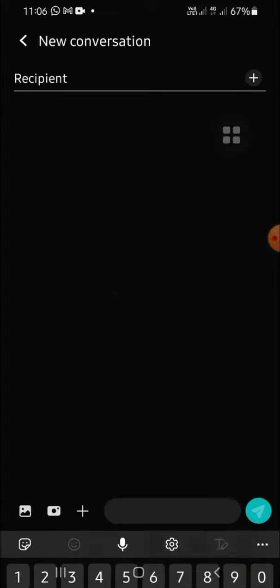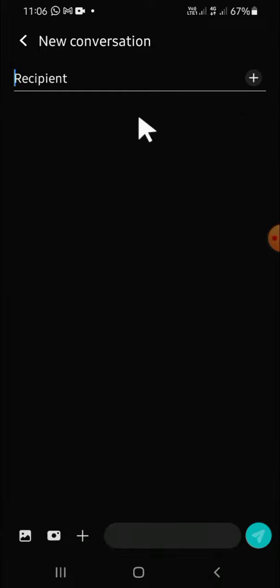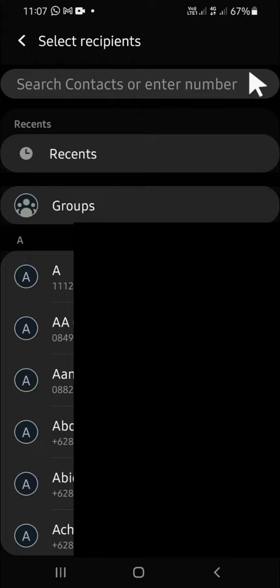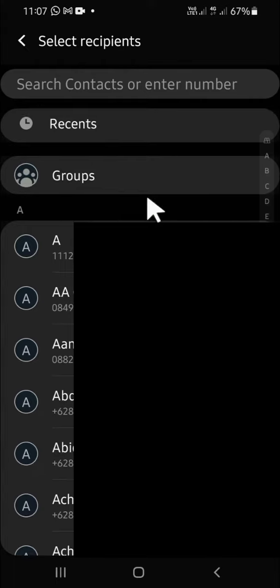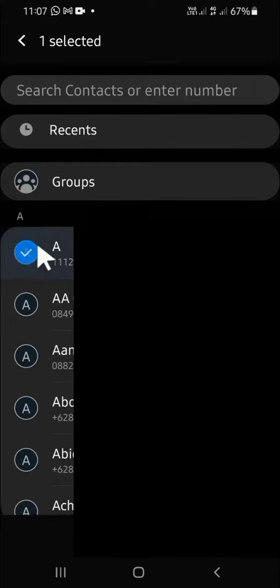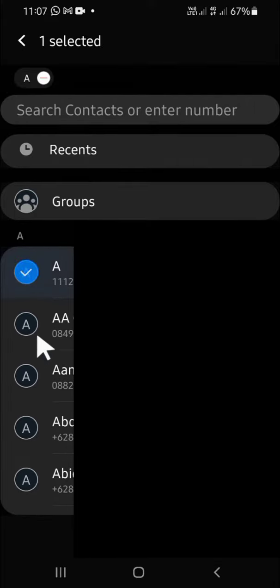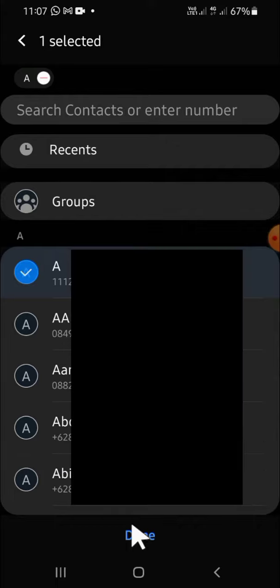select the recipient that you want to send your SMS to, and you can tap on this plus button. To select the recipient, you can select the recipient from your contacts. All right, and for example, I'm going to select this contact, and we can also select multiple contacts. We just need to tap and hold on the contact, and we can select another contact. Okay, and after we're done selecting the contact, we just need to click on down right here, and after that,